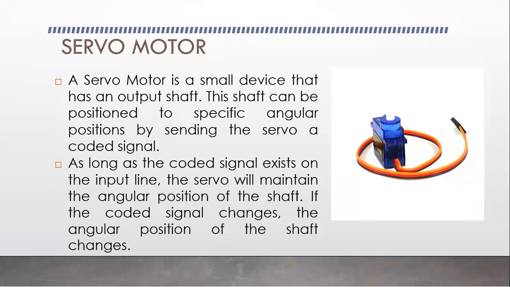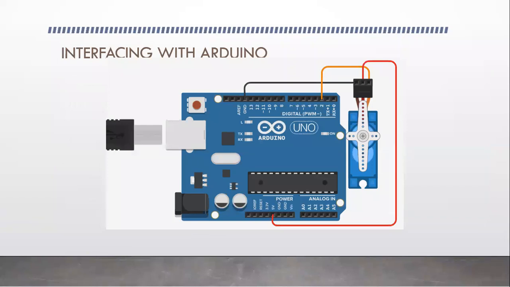Why do we need to get into the servo motor, when we have other motors? The servo motor is important if you want to open a door, or design a robotic arm, or some other robots which don't require 360 degrees of rotation. Then you can make use of the servo motor. This is how you need to connect a servo motor. The servo motor has three pins: one is power supply, one is ground, and one is the input signal.